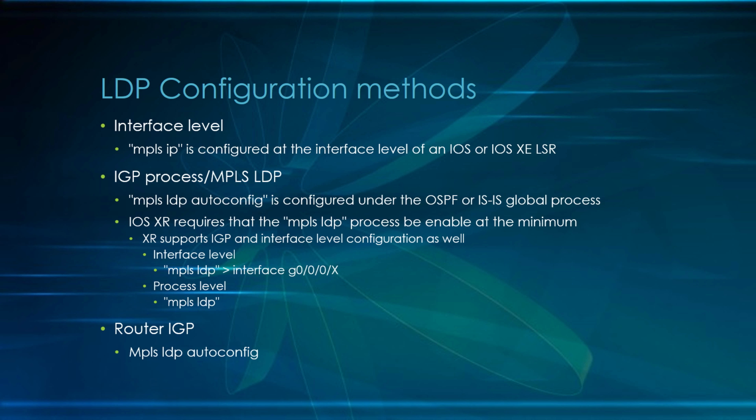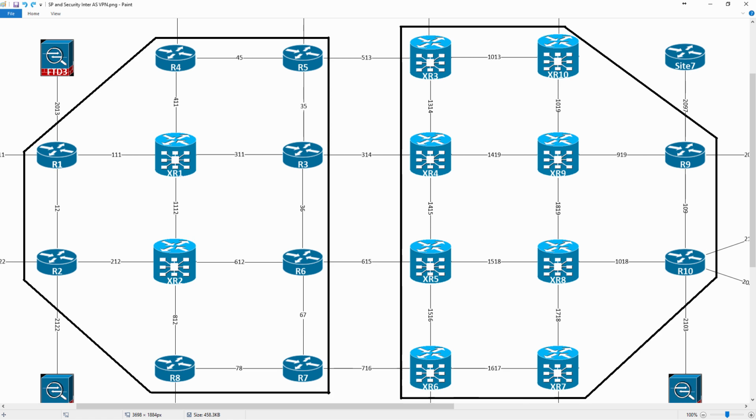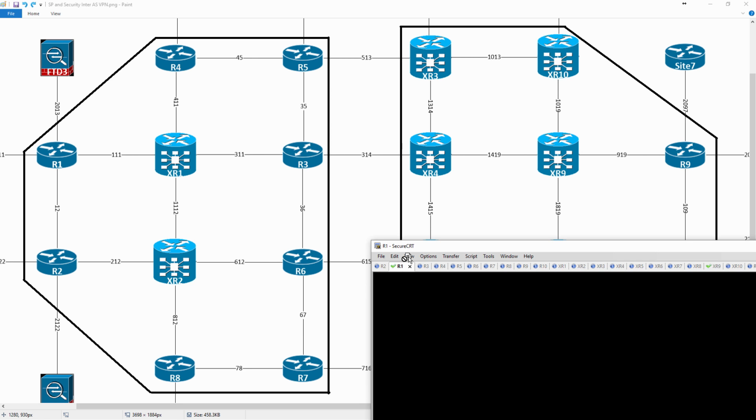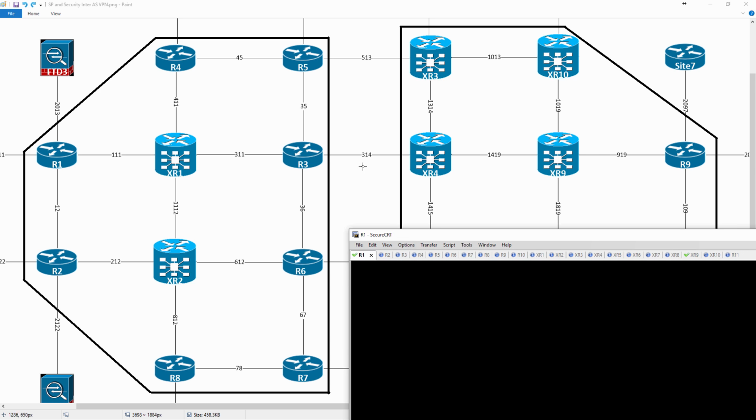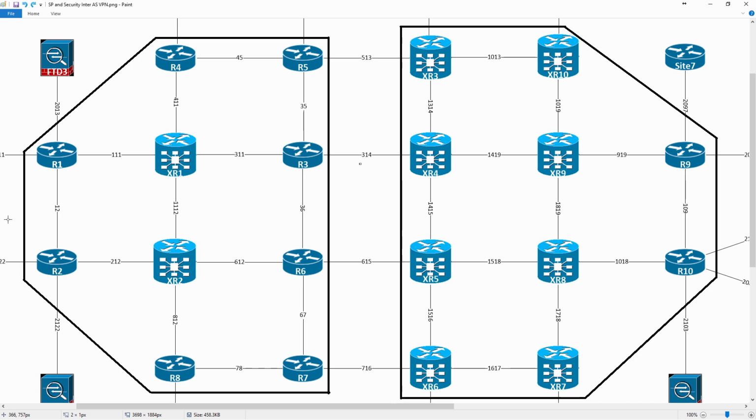So what we're going to take a look at in our topology here is we're going to go through the process on R1 and XR1. Now, I've already got LDP deployed. In this particular case, what I'm going to do is go ahead and we are going to,